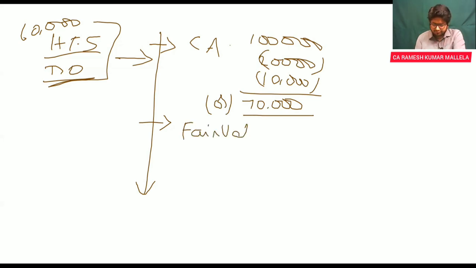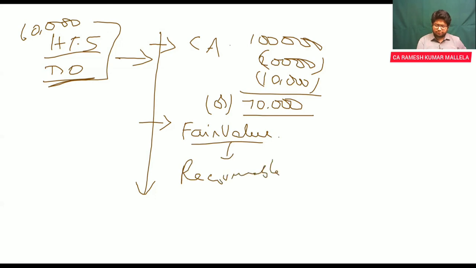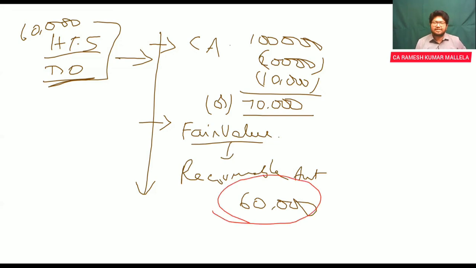You have the fair value of the asset. What is the fair value of the asset? The price at which you are going to, the value which you are going to derive out of it. Okay, that is what we call the recoverable amount. Recoverable amount from the asset, say it is 60,000. In such case, out of these two, the lowest value is supposed to be taken, in which case it is going to be 60,000. Say the recoverable amount is 90,000, in which case I'll recognize it at 70,000.